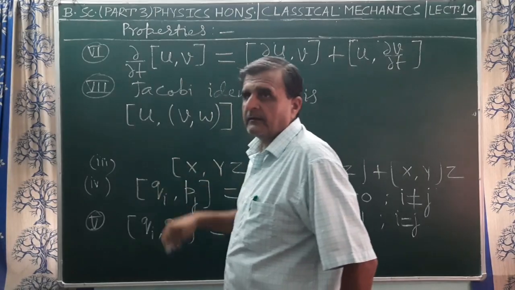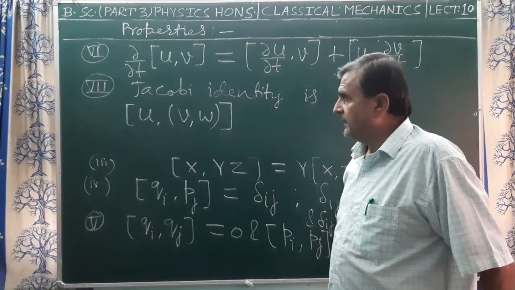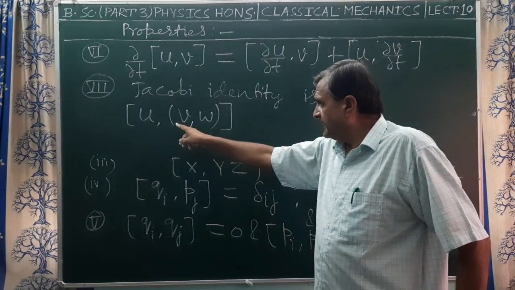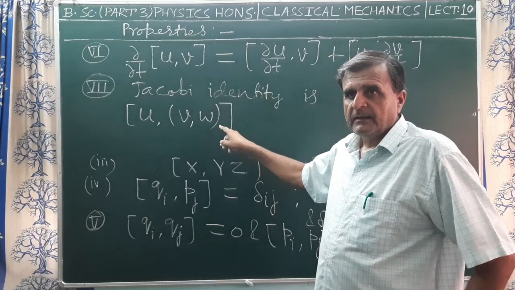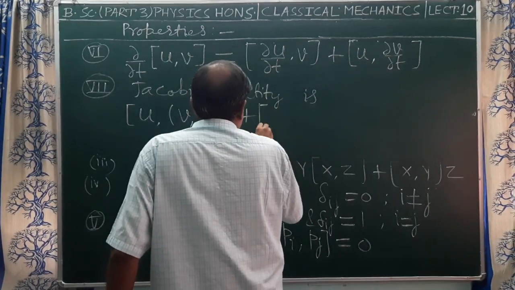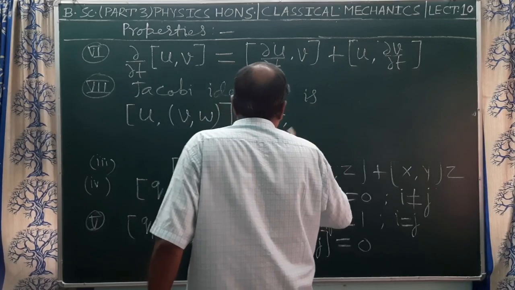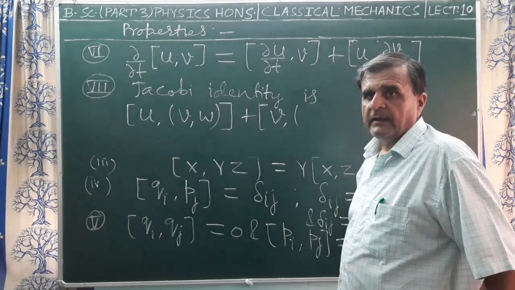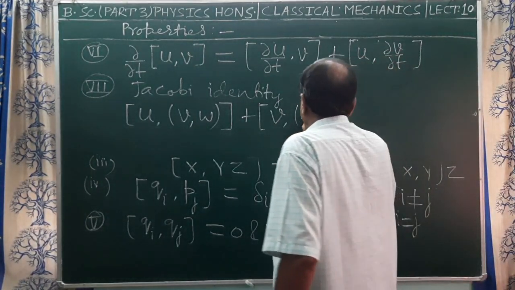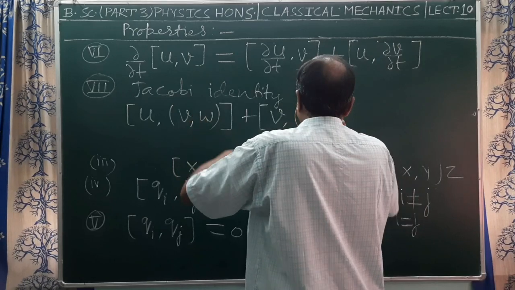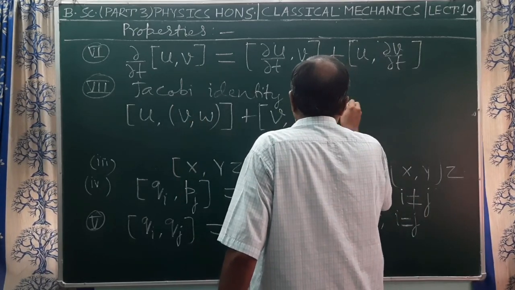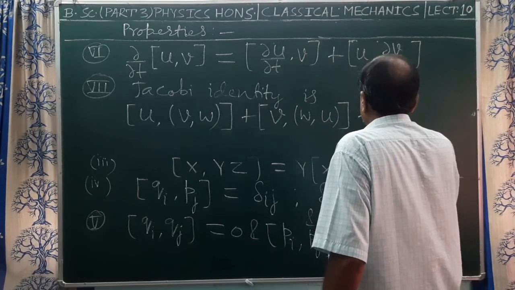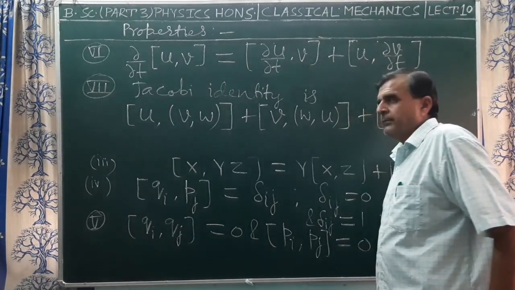The square bracket is closed, so it is u under square bracket u comma v under bracket v comma w, plus under the square bracket now it is v comma, and inside the simple bracket the other two variables w and u, square bracket closed, plus in the third term we have now